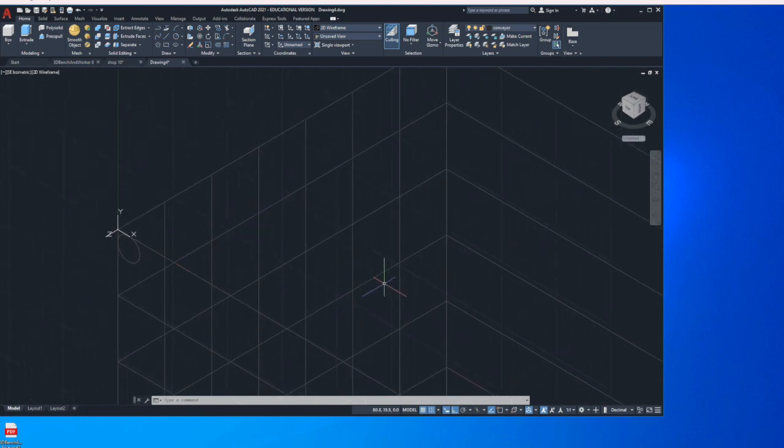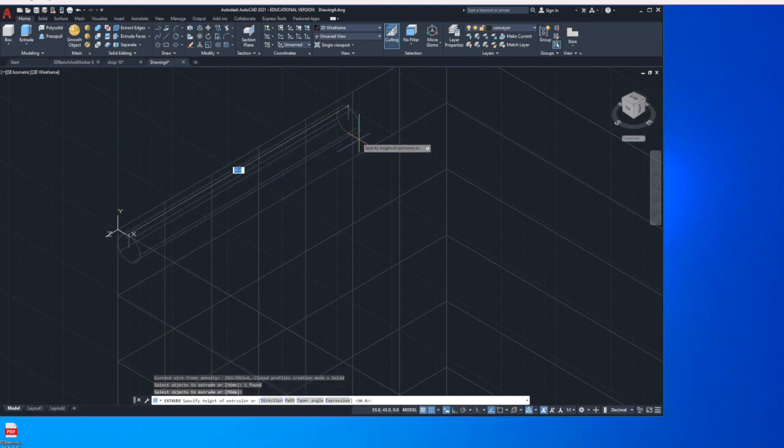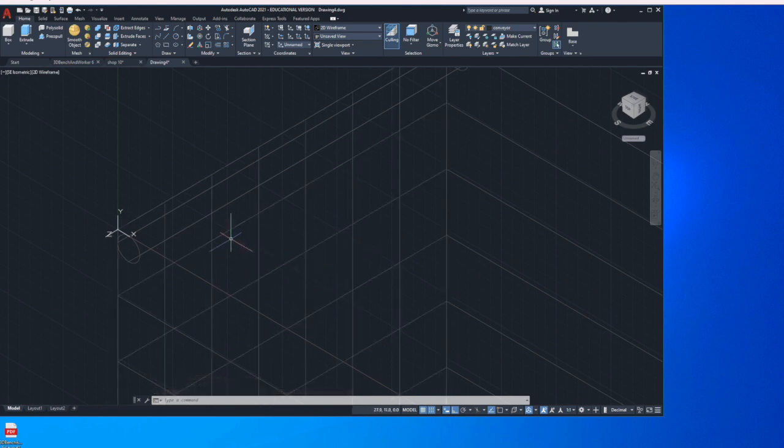So I'm going to type extrude, and I will select the circle. I'll type return, and now I'm going to move it from left to right. I'm going to type 75 for the width of the conveyor, and there's my first cylinder that makes up the first roller. So the next thing I'm going to do is use the array command to cover the top of the conveyor with rollers. So to that end, I'll type array,